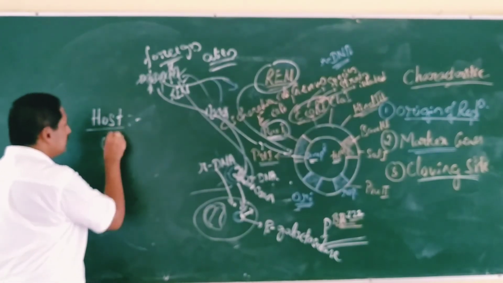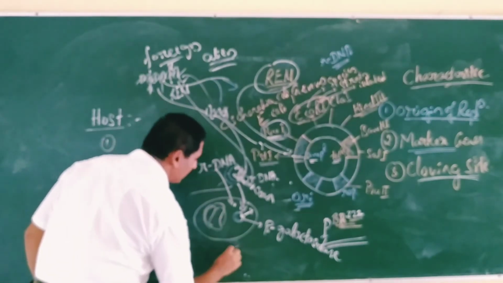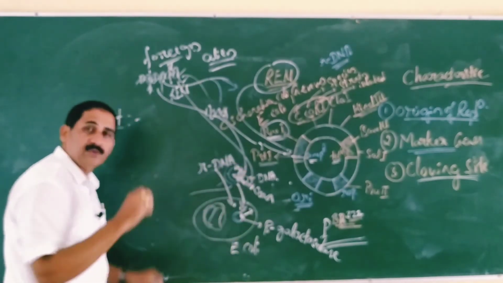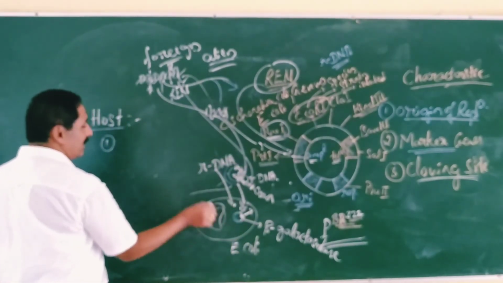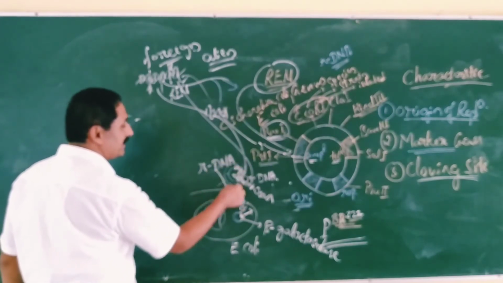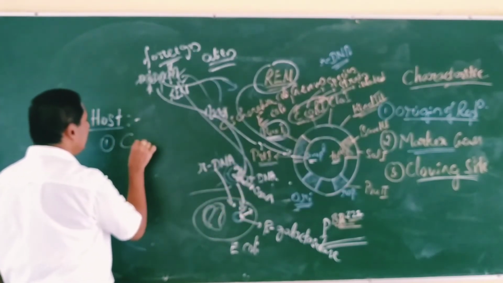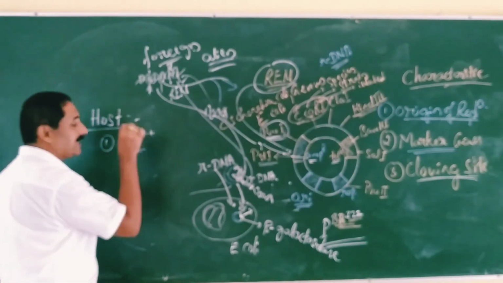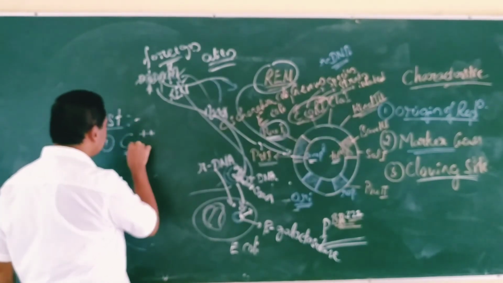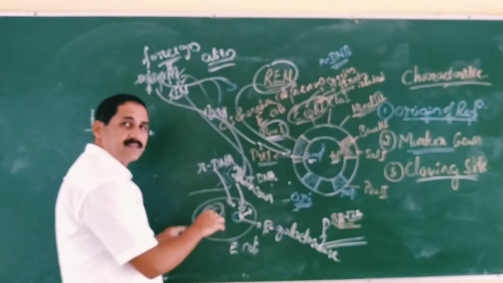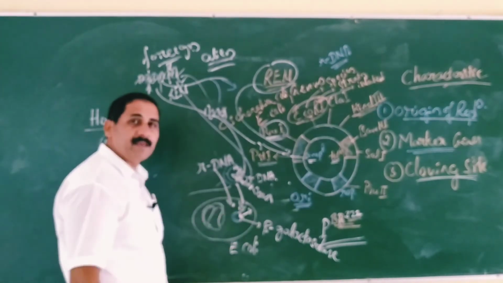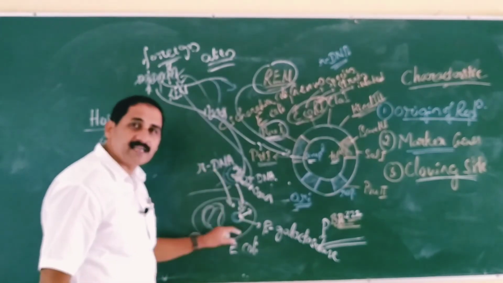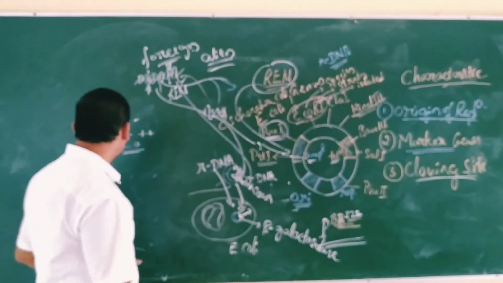In the first method, for a bacterial cell, for example E. coli bacteria, you have to introduce an rDNA into E. coli bacteria. You can treat the bacterial cell along with the rDNA in a solution that contains a divalent cation, calcium. The divalent cation, calcium, increases the membrane permeability and allows the rDNA to come inside the cytoplasm of the host cell.